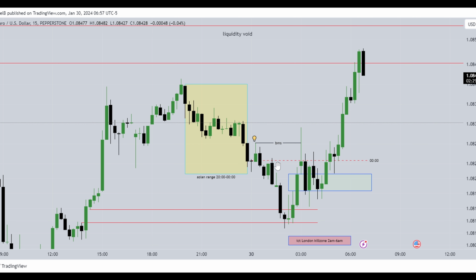The market opens, moves lower to balance this imbalance out, to offer sell side to this buy side delivery, and also going below the 00 hour opening price